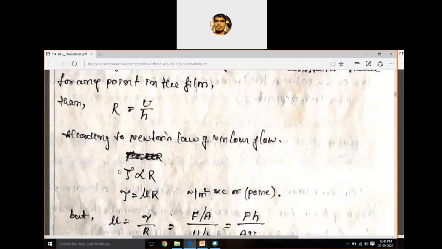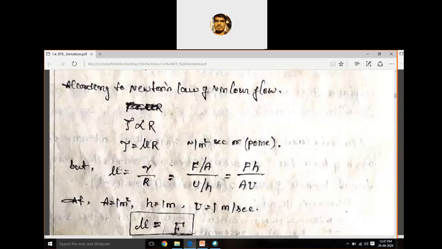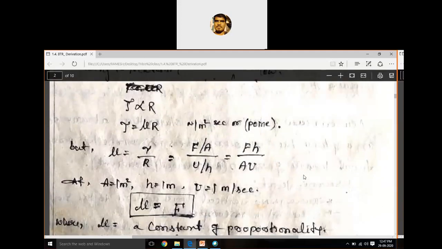According to Newton's law, tau is proportional to rate of shear, that is tau is equal to mu into R. The unit of this mu, the absolute viscosity, is poise. It is in terms of poise, Newton second per meter square. Okay, so this is a small derivation,